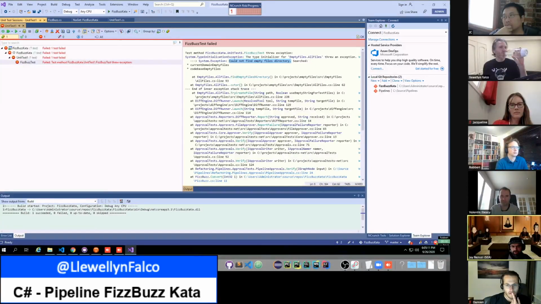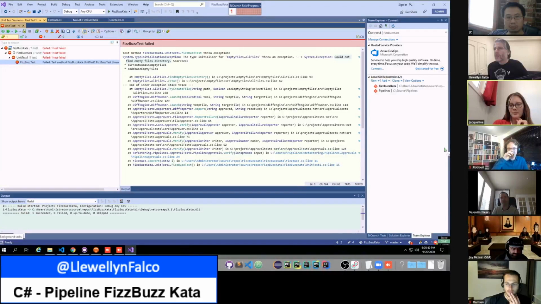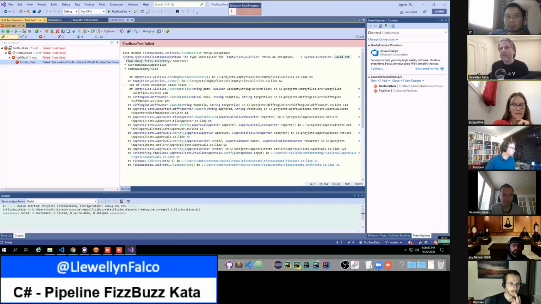Okay. Do you know how to fix this issue? Can you control click into the pipelines approvals and see what that source code looks like?